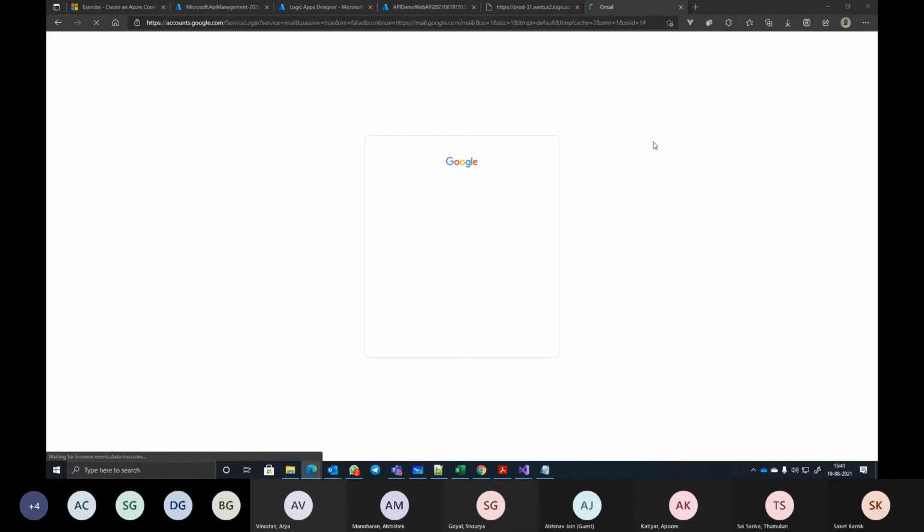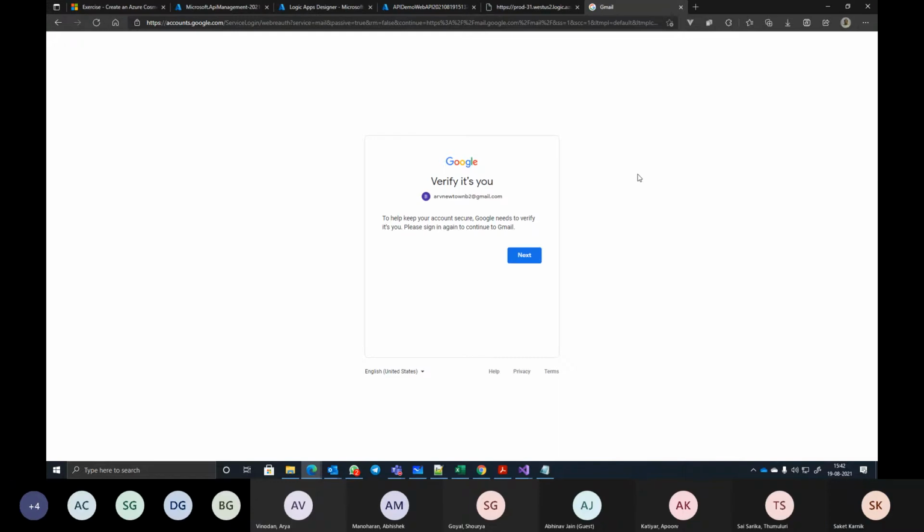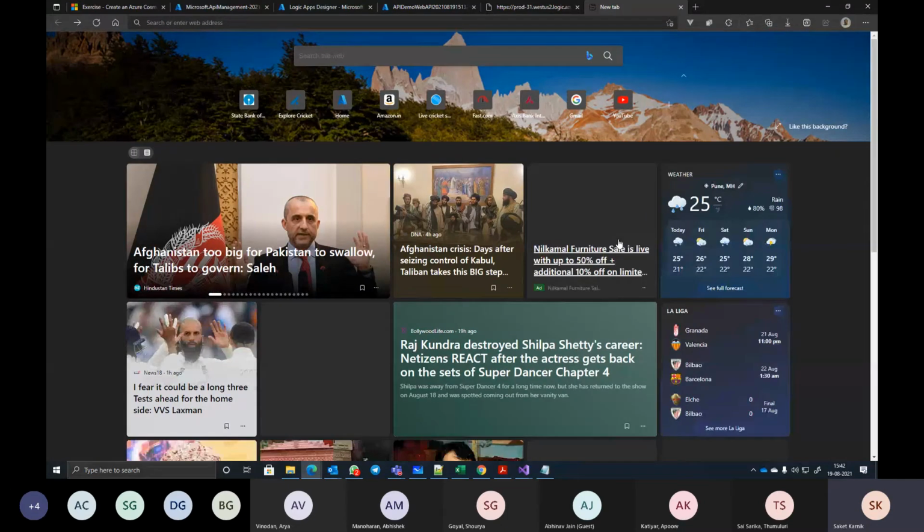Saket, will Outlook connector work for Gmail ID? See, I am using Gmail as a to address, right? Within to, I can specify anything, no? Outlook connector is being used only for creating the mail.